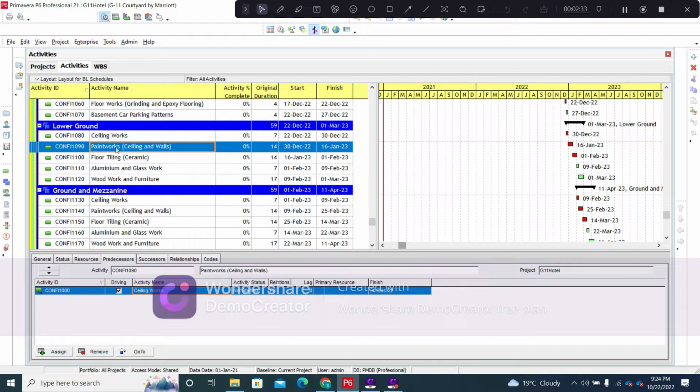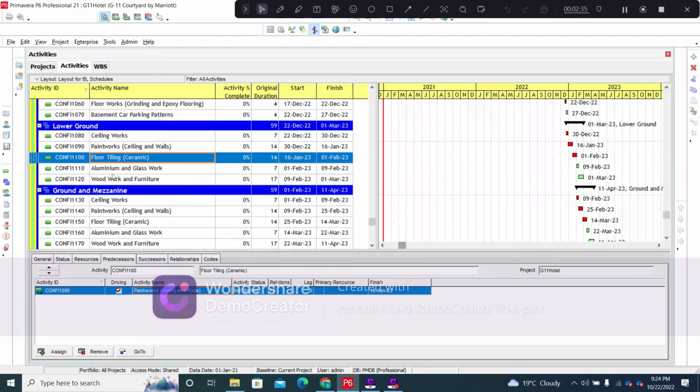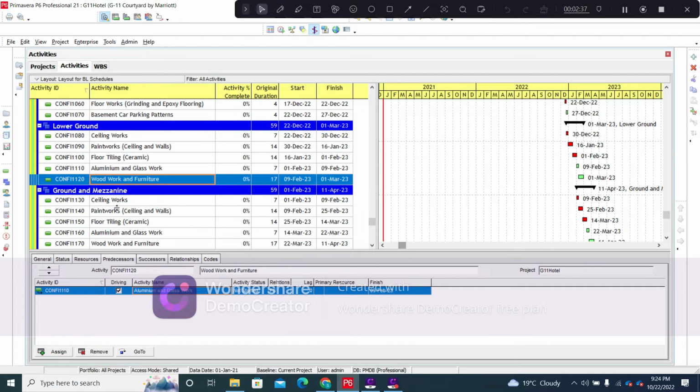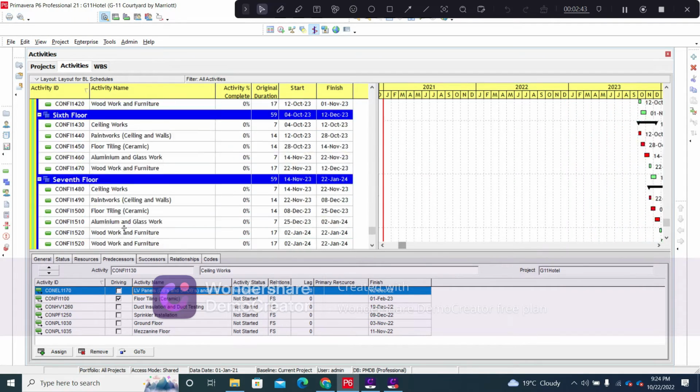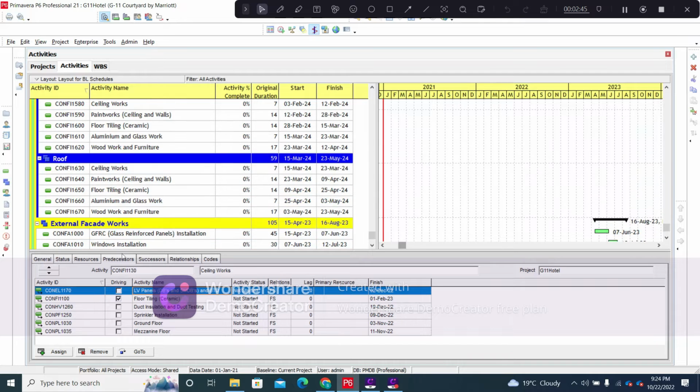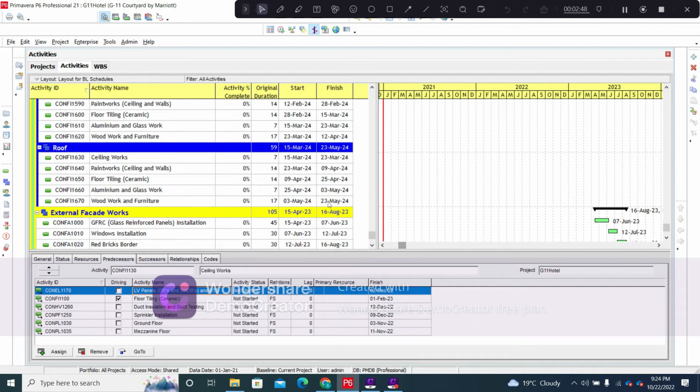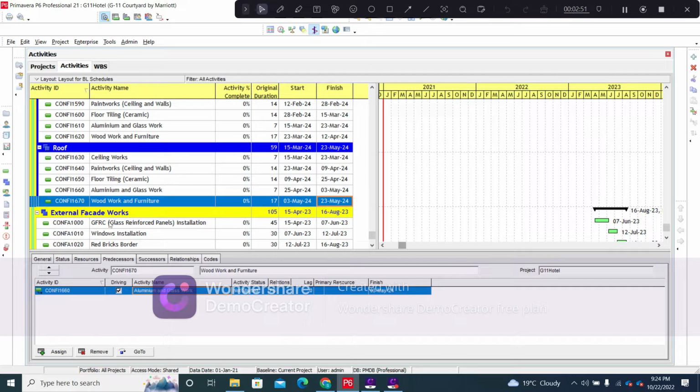Then we will move on to the paint works, flooring works, aluminium and glass works, woodworks, so on and so forth. Same pattern has been followed for all the activities in the ground floor and the mezzanine floor, so on and so forth. So here we will be completing the finishing activities by 23rd May 2024, and then we have the WBS of